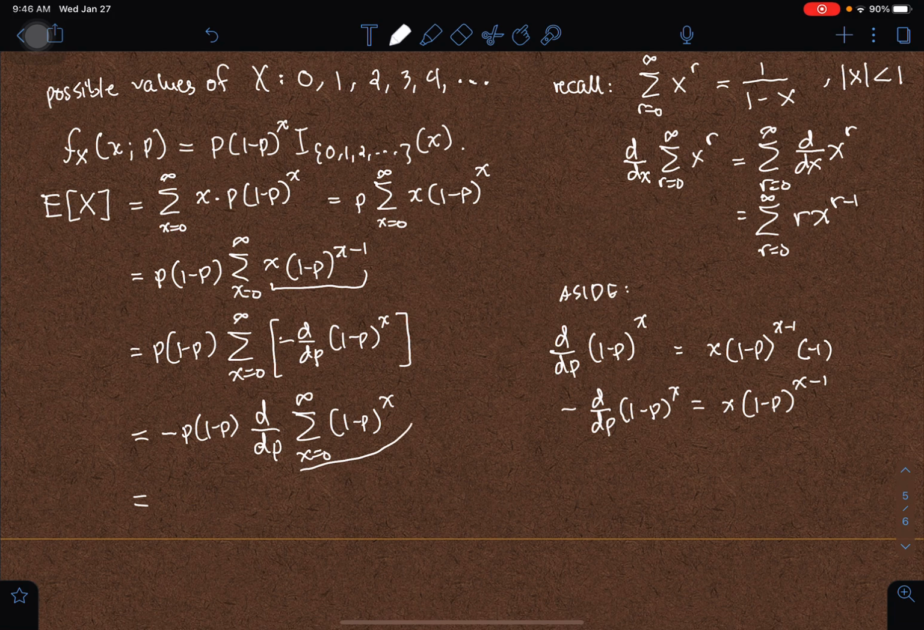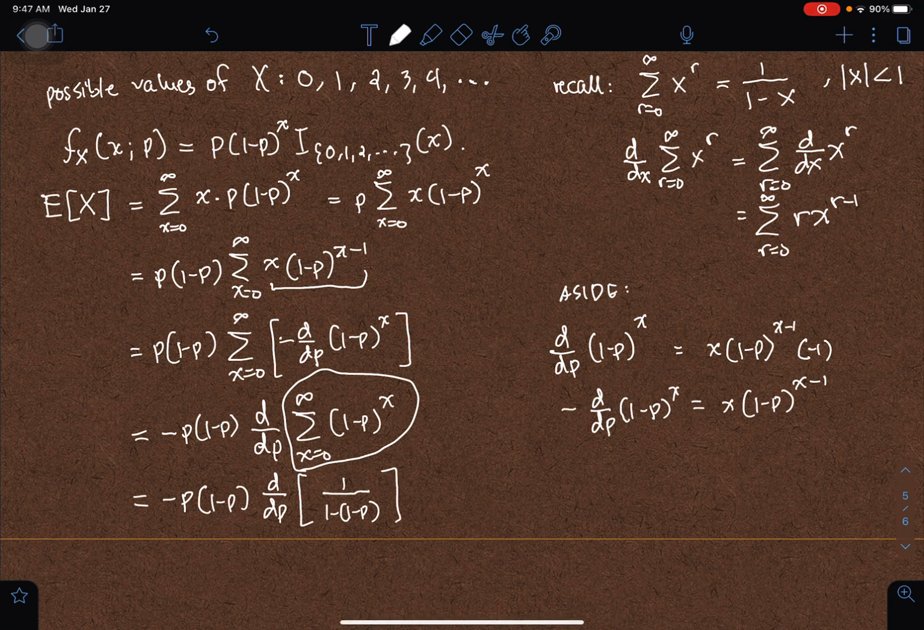This time, we can now use this result here to get this sum. So we have negative p times (1 minus p) times the derivative with respect to p of what is now our sum here. That sum will be 1 over 1 minus (1 minus p). Okay, so I hope we're doing it right. So we have negative p times (1 minus p)